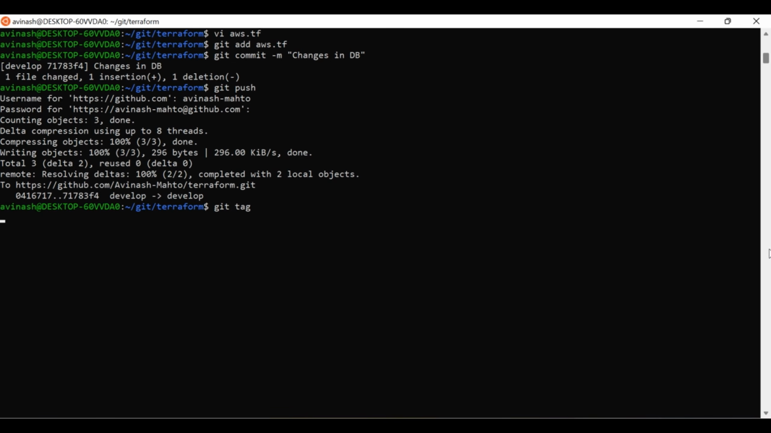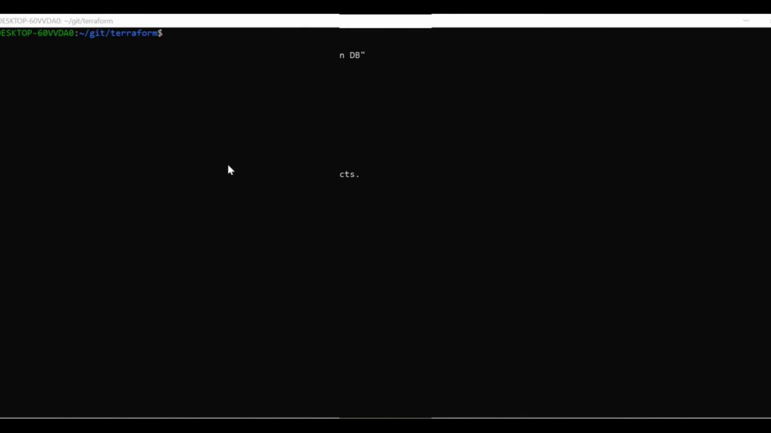Let me show you version 1.0, and now feature 3 I have already pushed it, so I can create another tag and I can call it version 1.1. Now I'm going to show you that. All right guys, so since I have already committed my feature 3 as well, I'm going to create another tag,